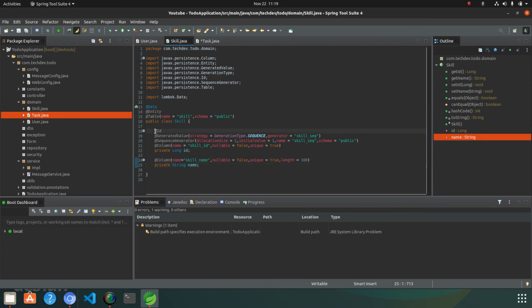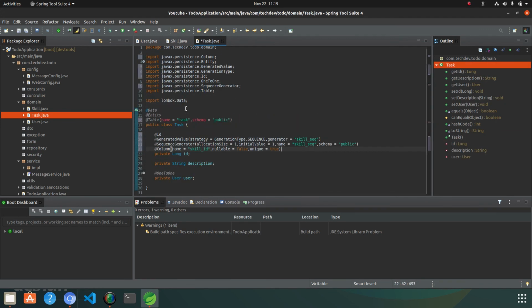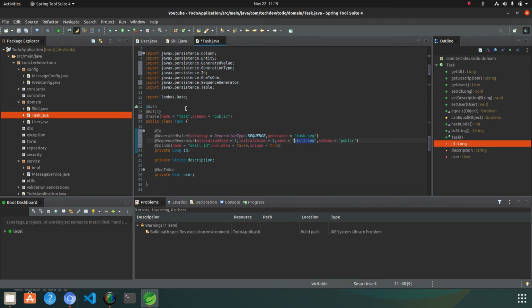Similarly for the task we should use the same thing, and the task sequence, all will be the same.